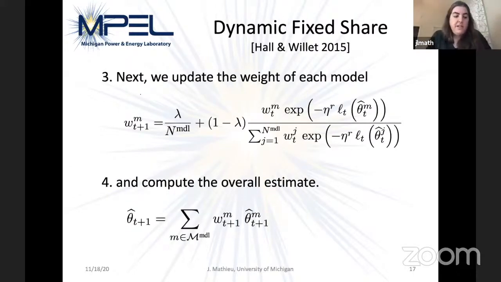And then the dynamics fixed share algorithm takes all of the predictions across all the different models. So you can have hundreds of models, each creating different predictions. We come up with a weight for each model based on its historical performance, but we also give some emphasis to the average prediction of all the models, because we don't want to put too much weight on a single model if it isn't going to be consistently good over time. We want all the other models to be able to come back and give their estimates if they become good at different times. So different models are weighted higher at different times over the course of the dynamic simulation. And all those weights get combined together with the estimates to come up with an overall estimate for the system.